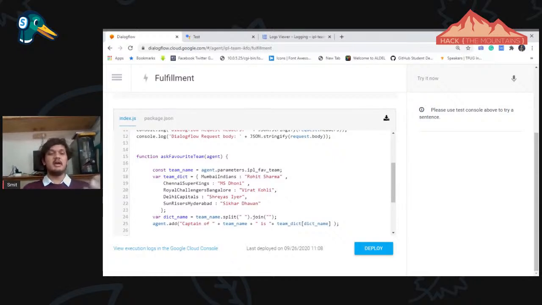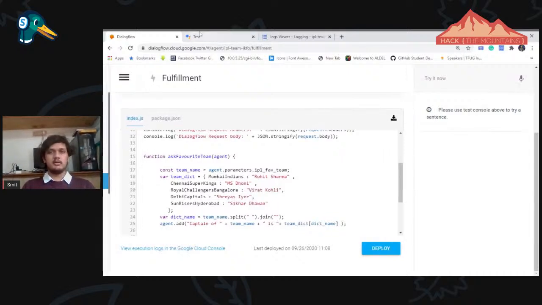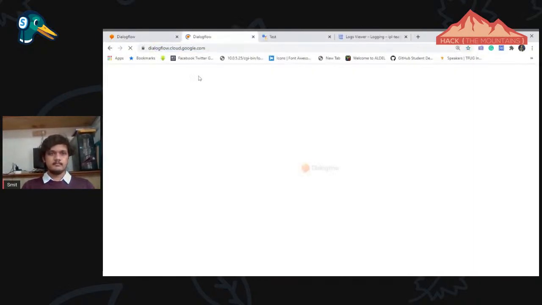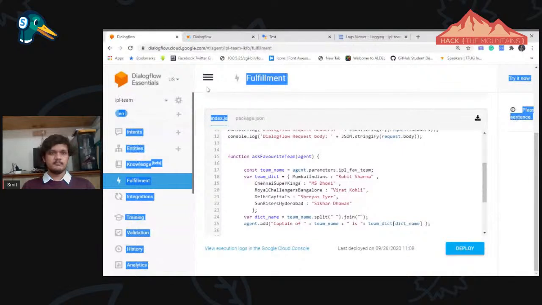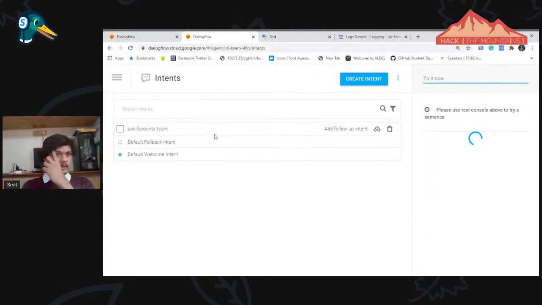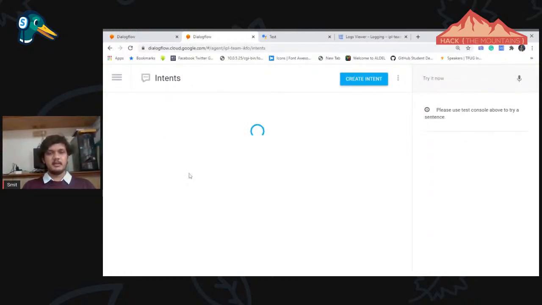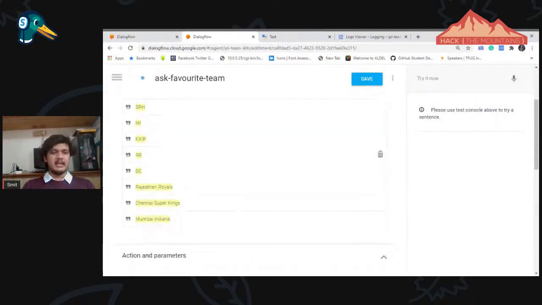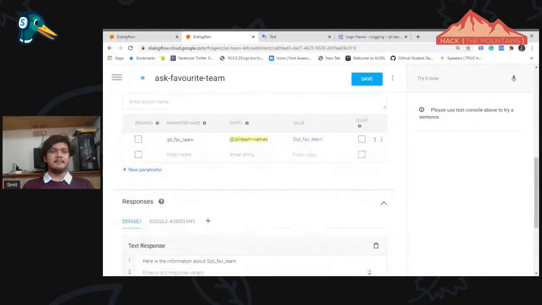Now I create the team name from agent.parameters, IPL fav team. If you see ask favorite team, suppose there are multiple teams, and the parameter variable name is IPL_FAV_team.